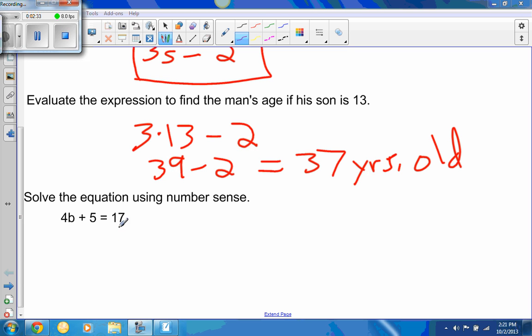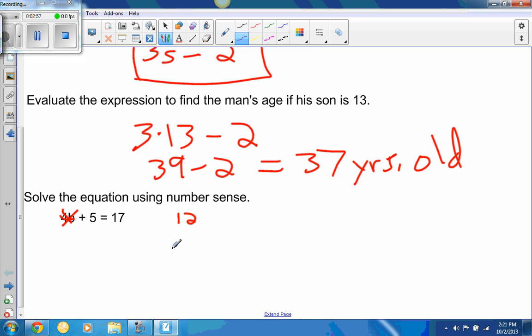So here's how we're going to do it. First of all, to use number sense, you should cover up the 4b. Pretend that it's not there. So what would I have to add to 5 to get 17? 12, right? Okay, so that's one way to use number sense